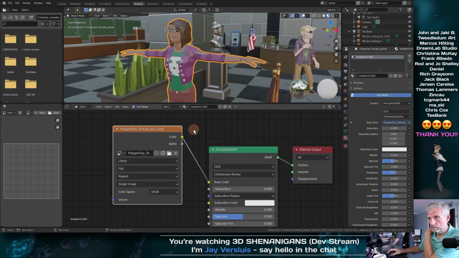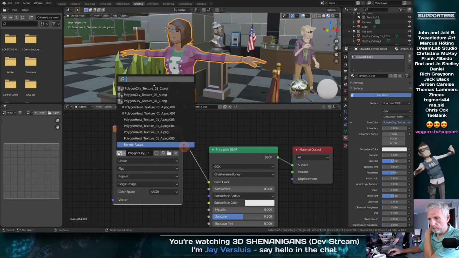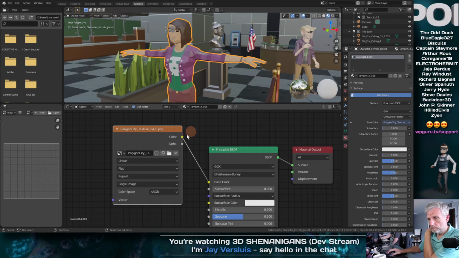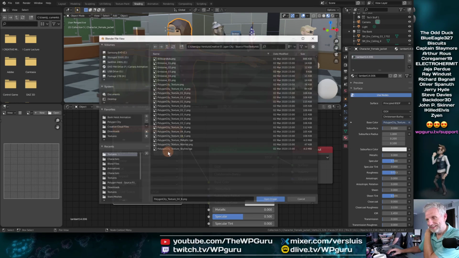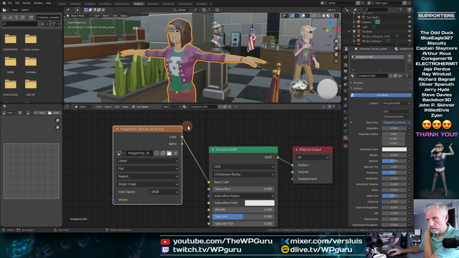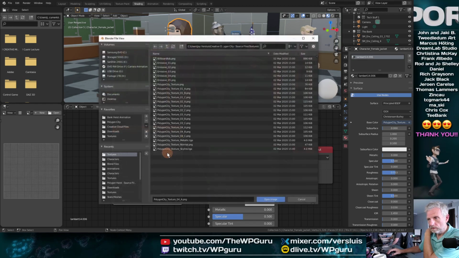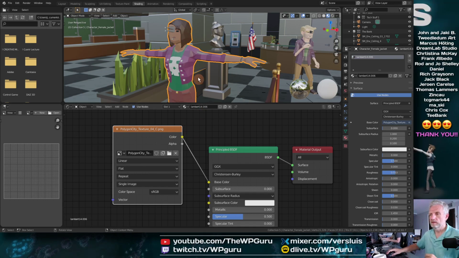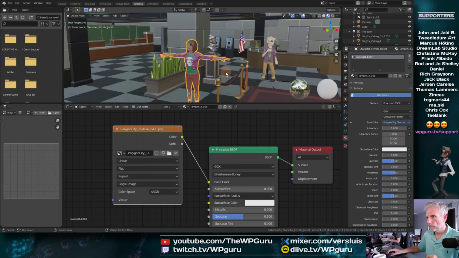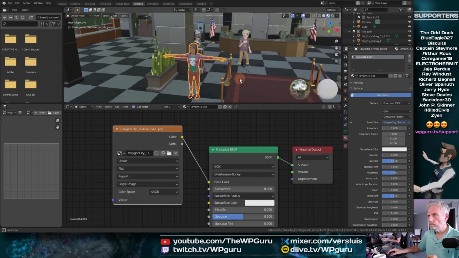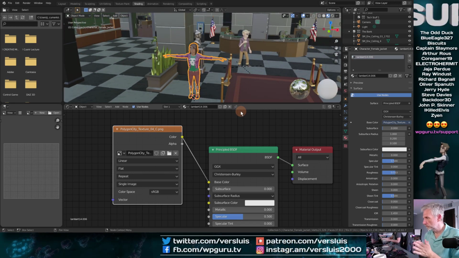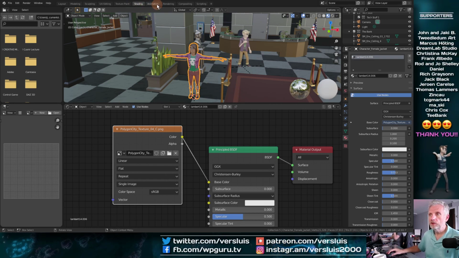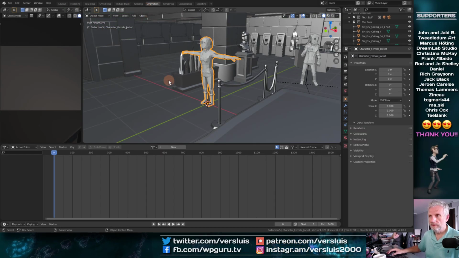4C. Oh, that's wrong, isn't it? It has to be. They're all so different. I like the darker skin tone, so let's go with something like this. That's nice. And the purple shirt. It's a mauve theme here, man. A mauve theme. So let's see what she could do as a dance then.